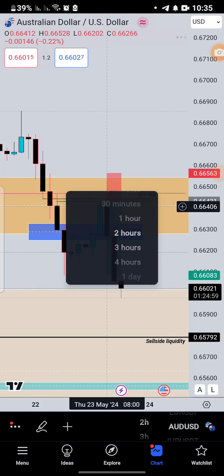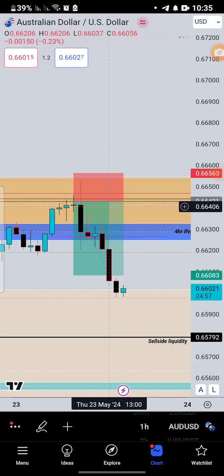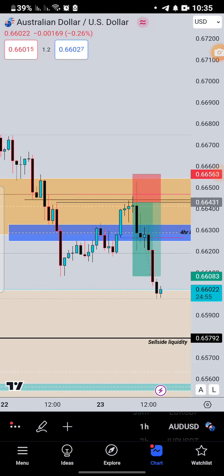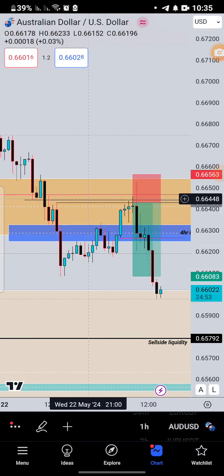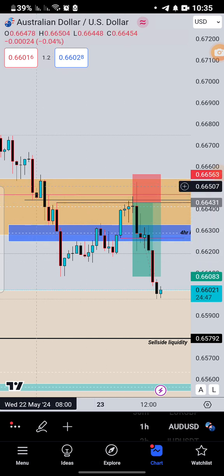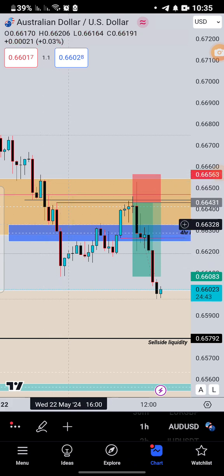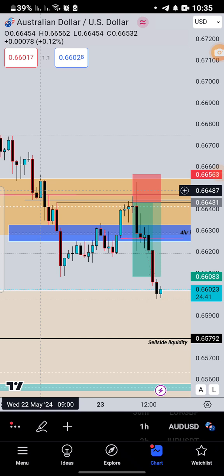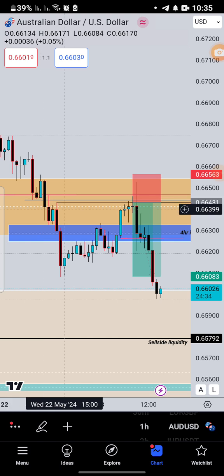Then I dropped lower onto the 1 hour time frame. And what did I notice? Inside the 1 hour time frame, we had no fair value gap, but what I saw is we had this fair value gap that had already been rebalanced, right? Then we had this drop lower. So this to me was a bearish order block. So it was also another key level that I was watching.